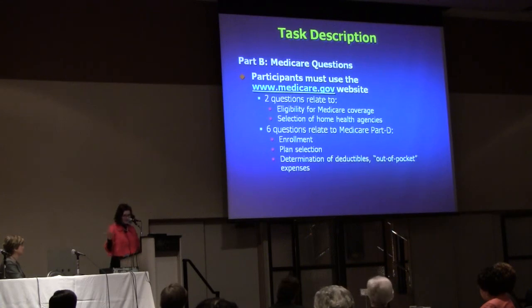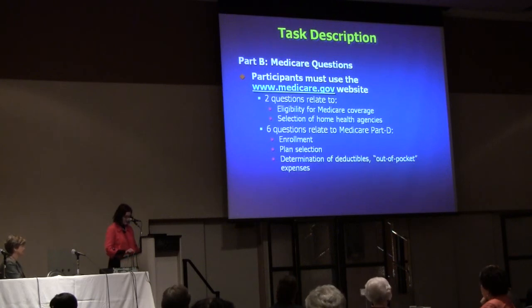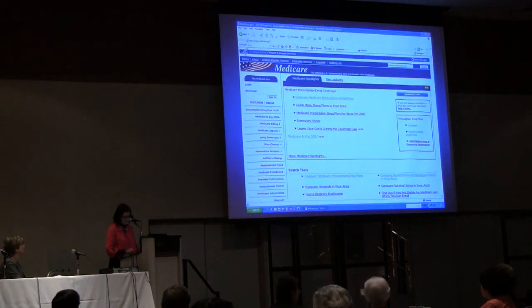We came up with a scenario that said what kind of services they needed. And then we had some questions related to Medicare Part D: which plan they should enroll in. They had to think about what was deductible, what were their out-of-pocket expenses. So we tried to make this as realistic as possible. Here's an example of the website. It's changed a little since then, but